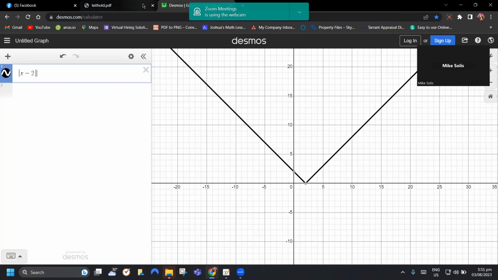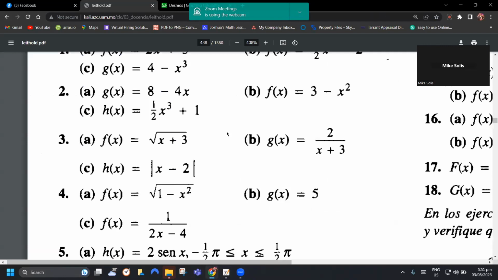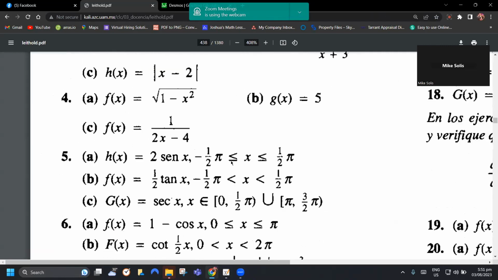So, yung first function is 2 sine x between minus pi over 2 and